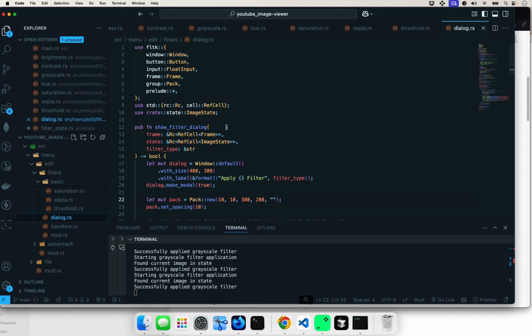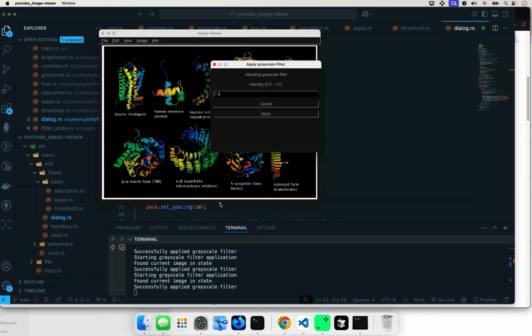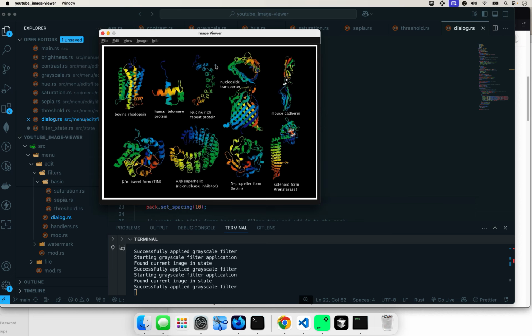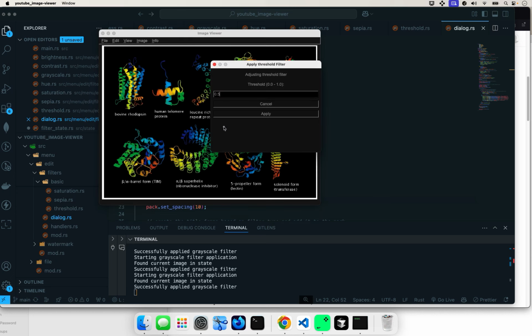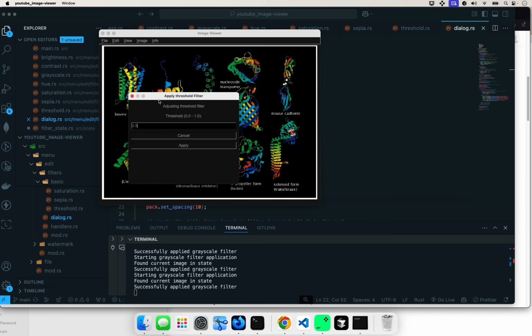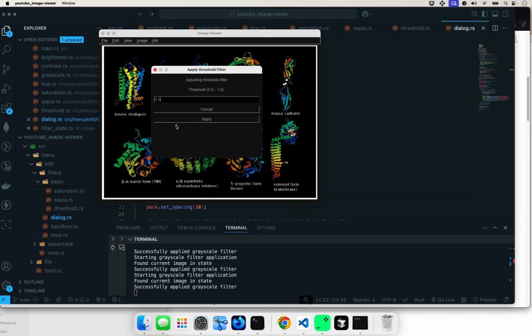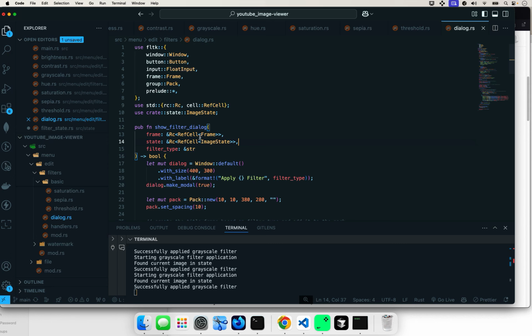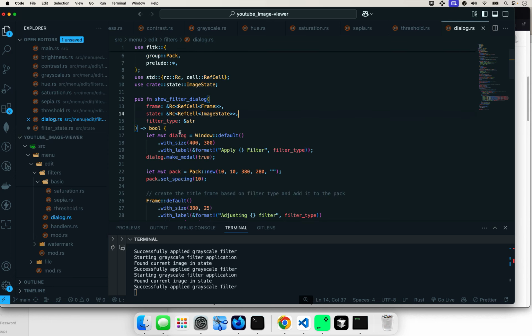This is more interesting. Let's just start from the beginning. When you do a filter, you choose, let's say, threshold. It brings up this dialog box, this modal, okay? Like I said before, you cannot do anything else while this modal is open. So this modal is being created right there. So what we're doing here,